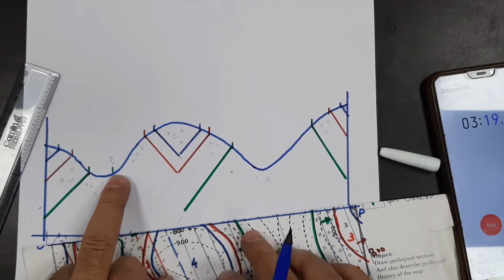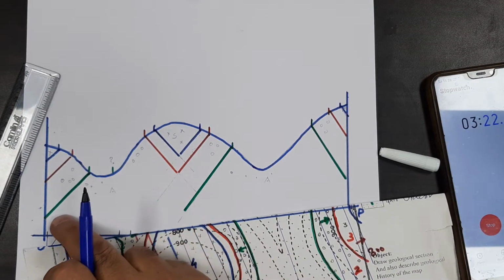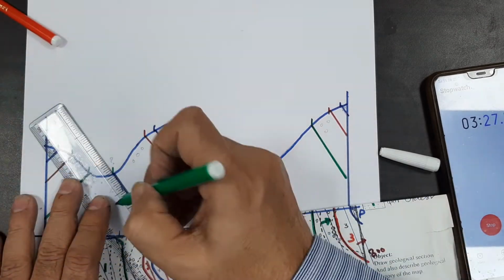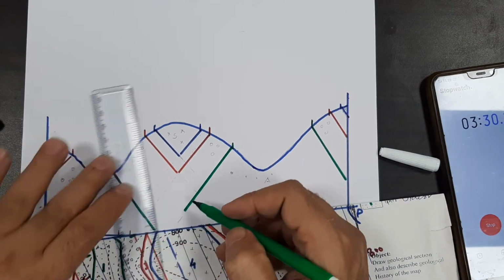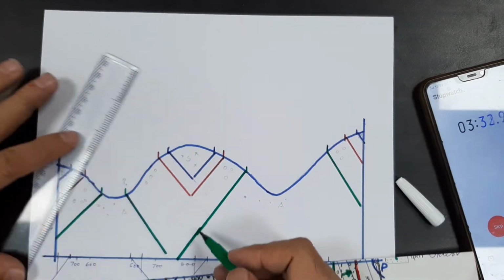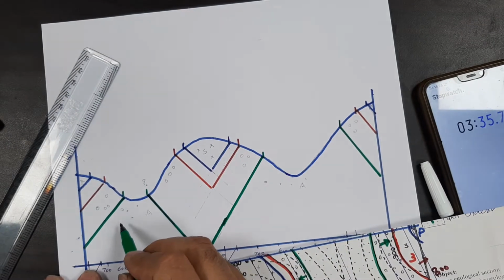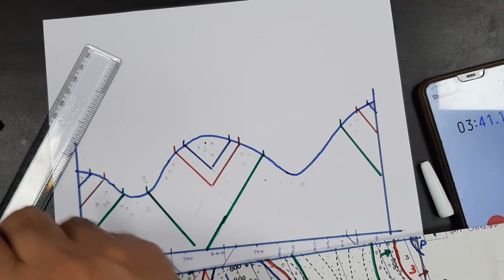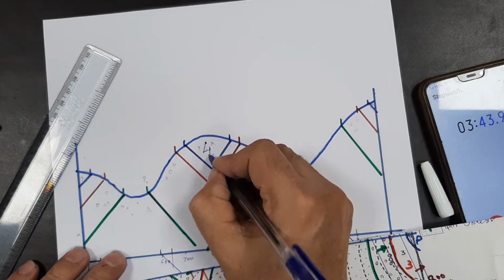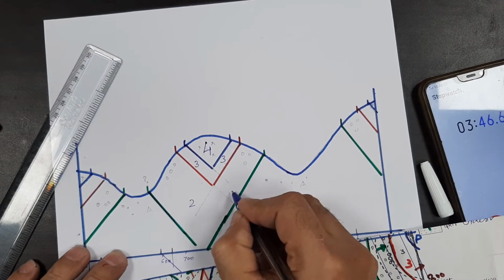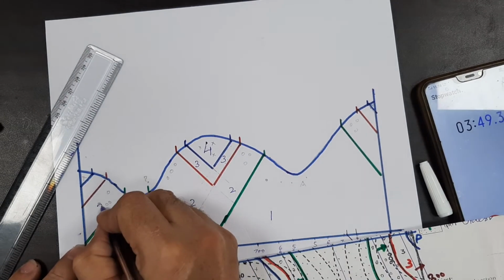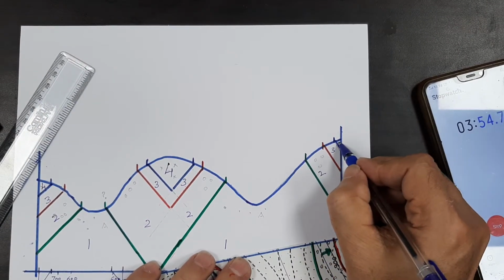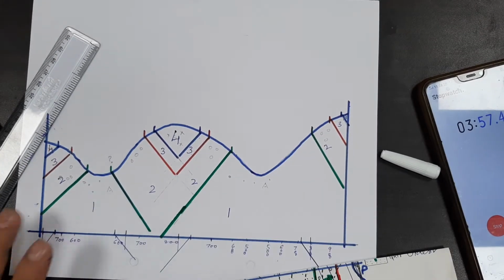Now see, this contact was left. What should I do? Should I take it on this side, or on this side, so that I can get my structure complete? If you can see here, we have got a syncline here, we have got an anticline here, and an anticline here. This is your rock number 4. This is your rock number 4. This is 3, 3, 2, 2, 1, 2, 3, 4, 2, 3 and 4. So we have solved the map.